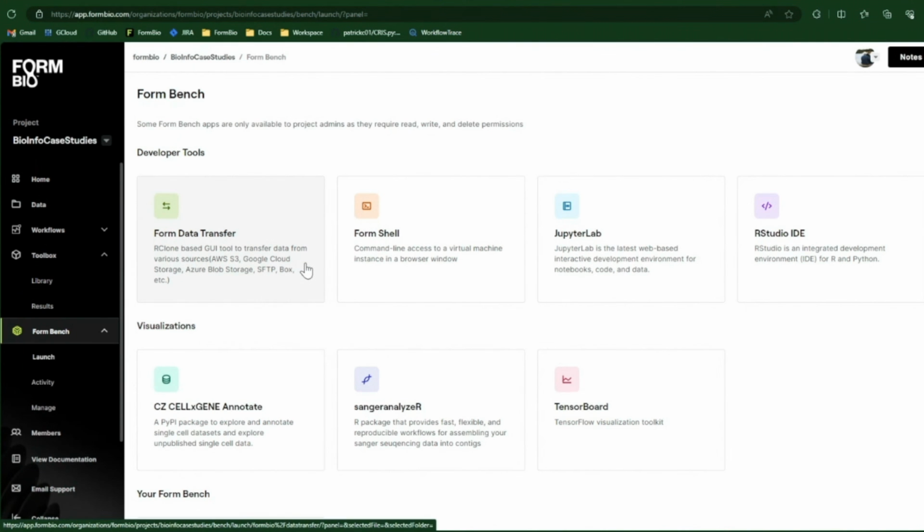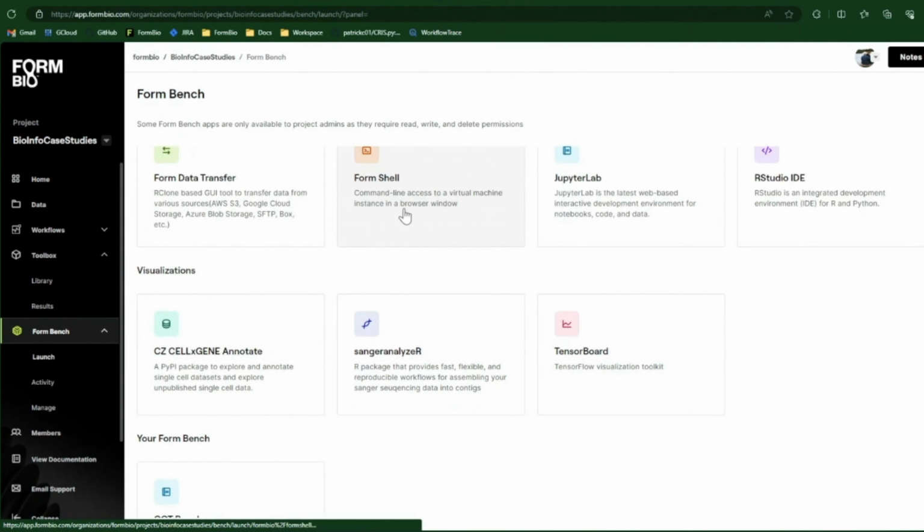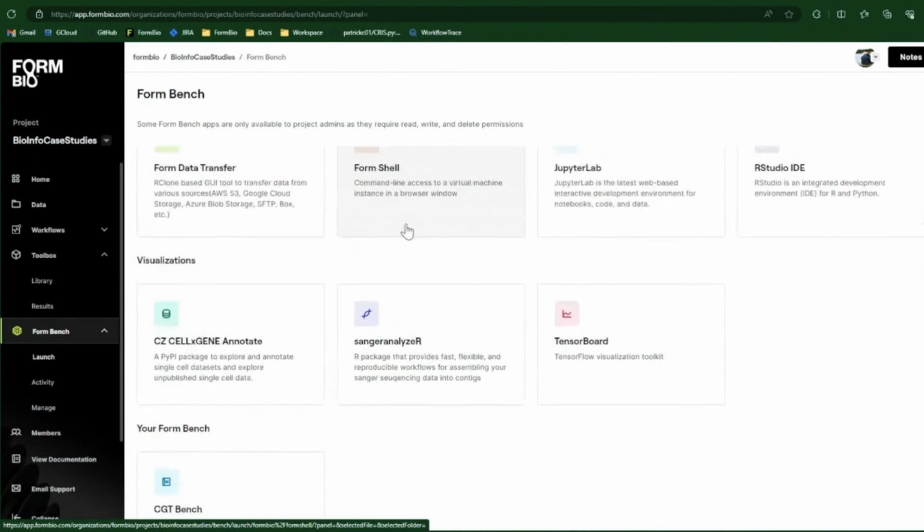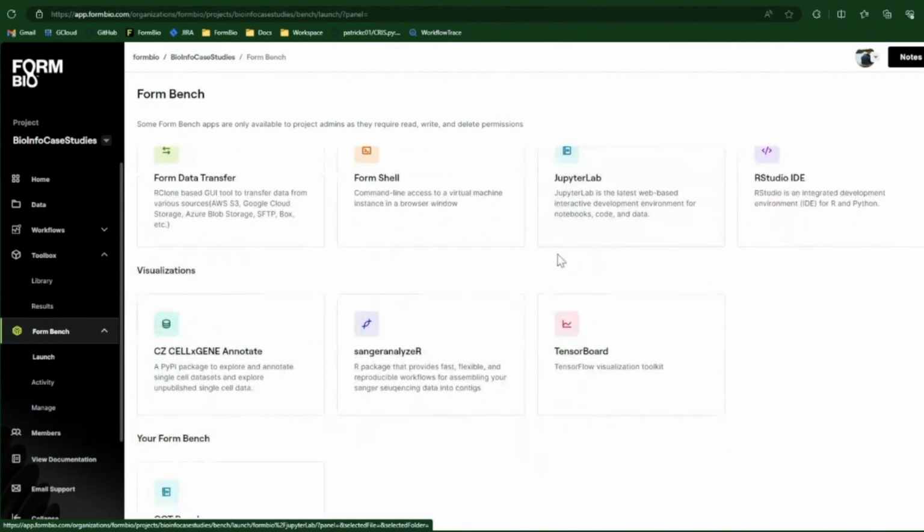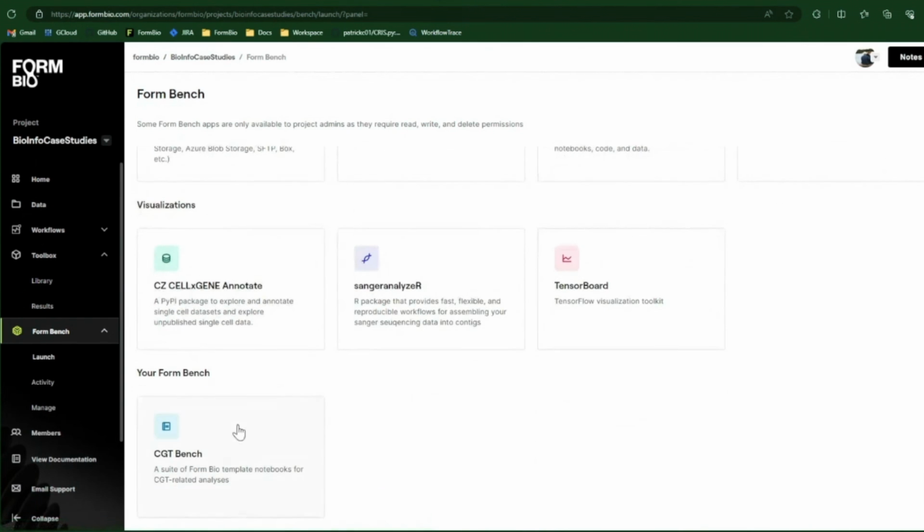So some of these we have discussed before, such as data transferring and the Form shell. But some of these are a little more interactive, such as our visualizations. We host CellxGene from Chan Zuckerberg, which is a single cell tool for visualization. Sanger Analyzer allows us to analyze and view Sanger data, and our TensorBoard is our quick visualization toolkit for you. We also have